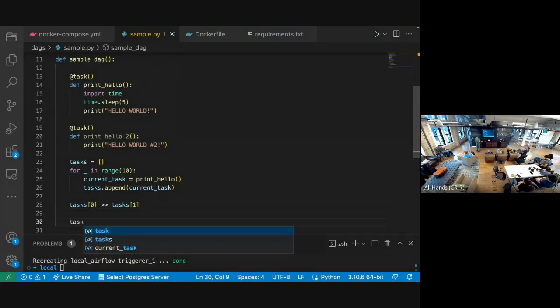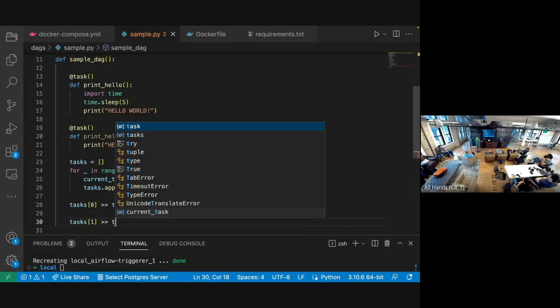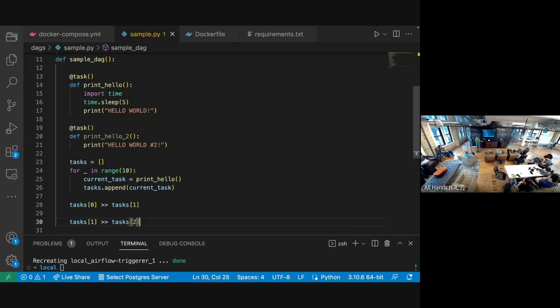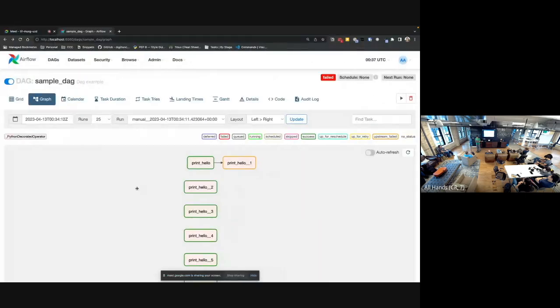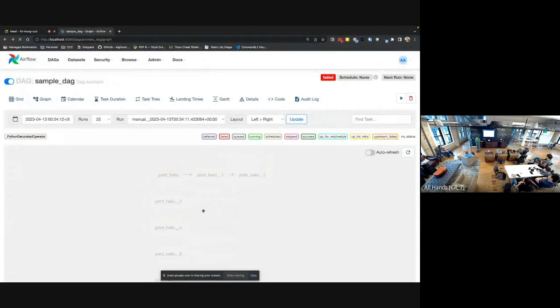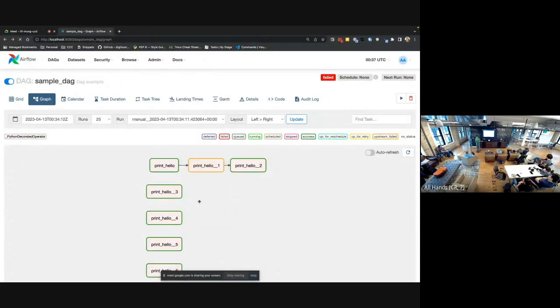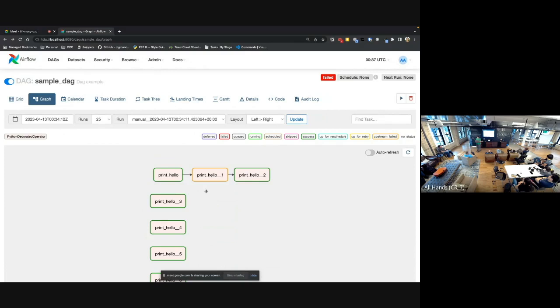So let's say task 1 follows task 2, and then you can say task 3, like the third index or fourth index basically, also follows the first index, something like that. You can write as many rules as you want, and then when you get back to it, probably there's a small delay here, but you can see that the DAG structure changes based on the rules